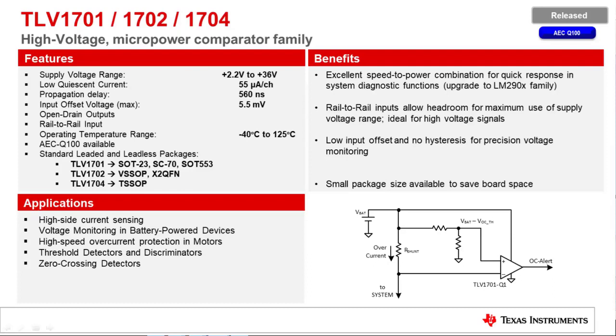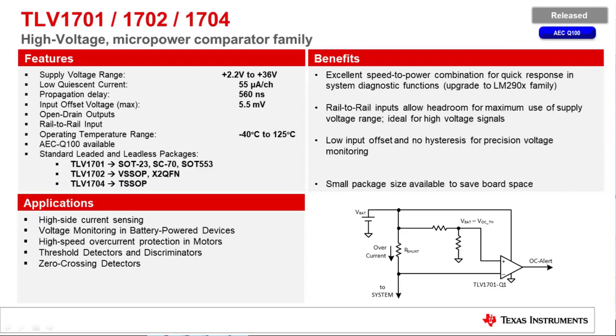And again, you can see in this bottom left, we are offering the device in multiple packages. We have the SON23 SC70 for the single channel. We have our VFD for the dual channel, as well as the leadless option, as well as the standard 14-pin TSSOP.